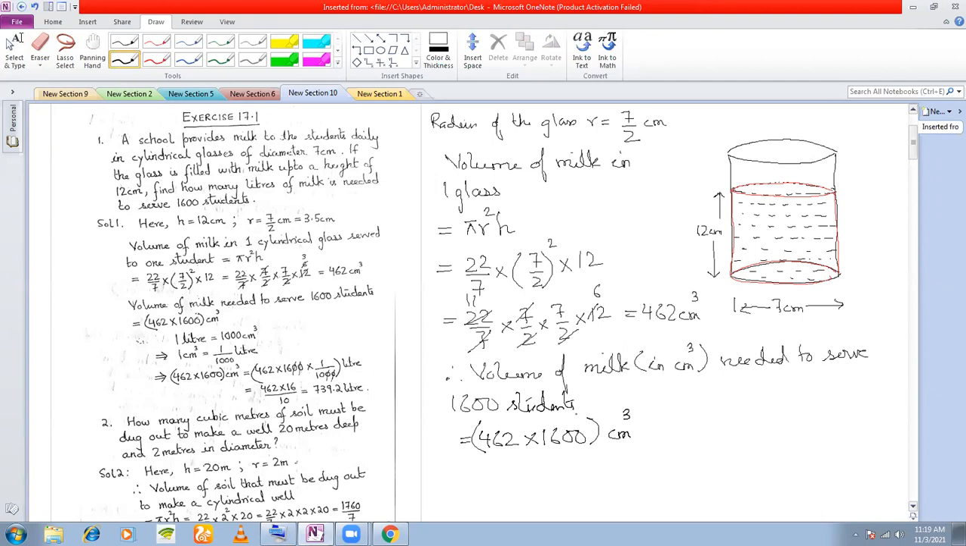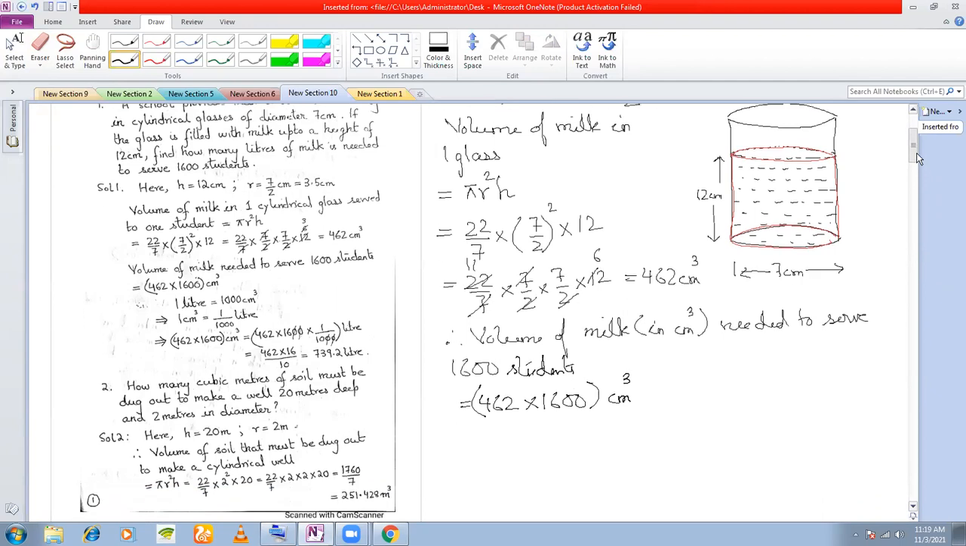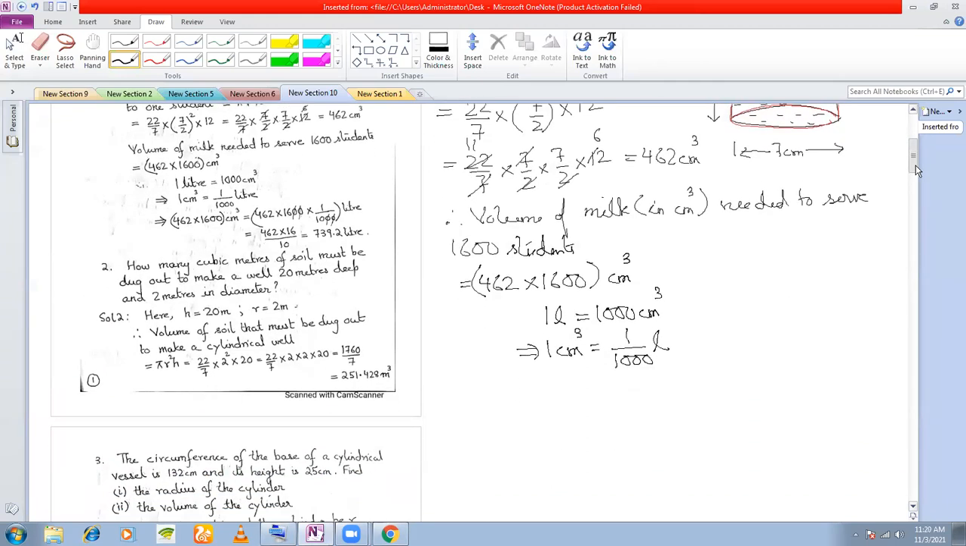But they have asked you to find out the milk in liters. Now, do you know the relation between liters and centimeter cube? We know that 1 liter is equal to 1000 centimeter cube. That means 1 centimeter cube is equal to 1 by 1000 of a liter. So 1 centimeter cube is equal to so many liters. That means this much centimeter cube, 462 into 1600 centimeter cube is equal to 462 into 1600 into 1 by 1000